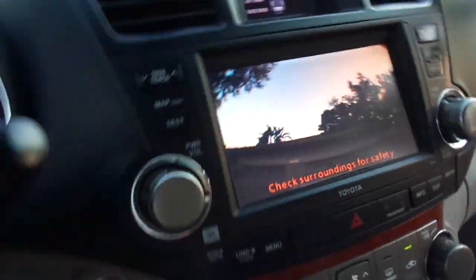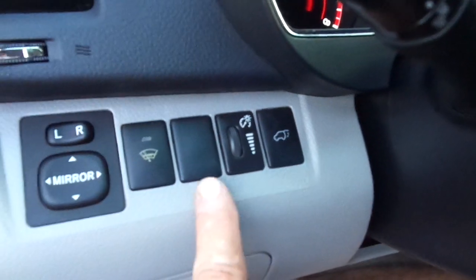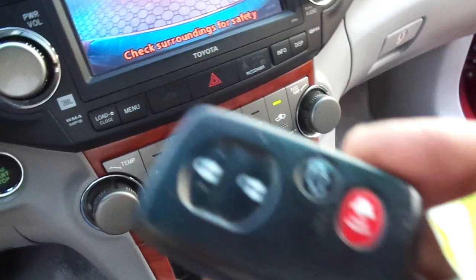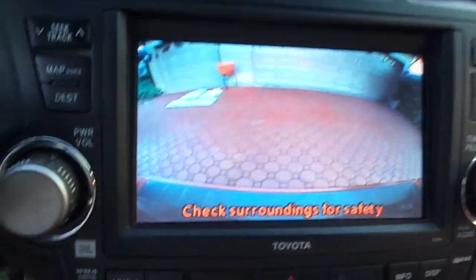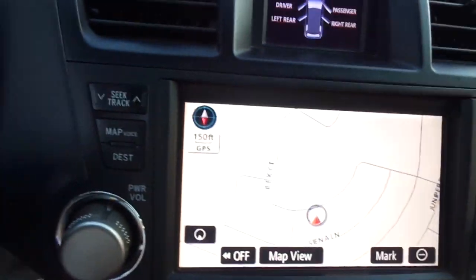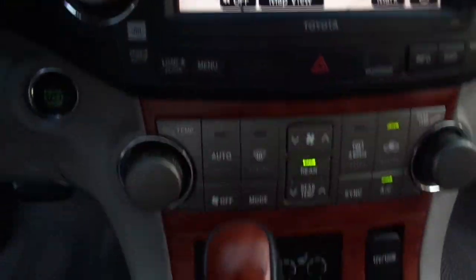That tailgate's up. Let me shut that. You got a button in here that you can push on your dash that'll shut that tailgate. And you can see it just close. You can do that on your keys, and you can also do it in here. Okay, but there you see the backup camera, of course the navigation, XM radio, it's loaded, Bluetooth,